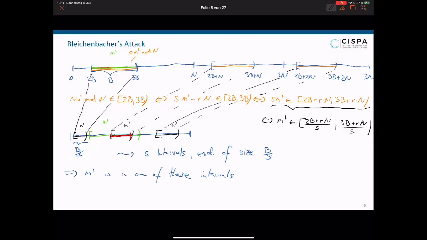So this is Bleichenbacher's technique, coming up with these sets of intervals, scaling them down, concluding that our M prime must be in one of these scaled down intervals, and just intersecting it with what we already know about M prime, namely that it's in this other interval here. Okay, so this is really just a high level idea,